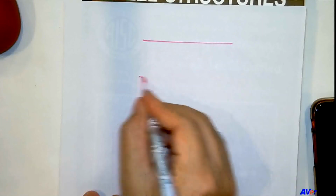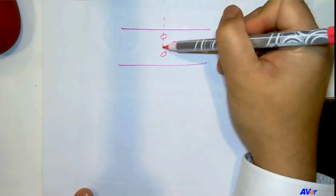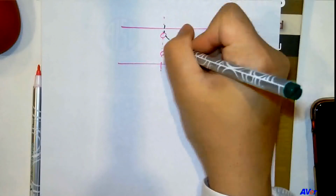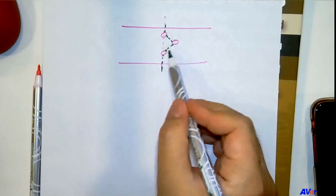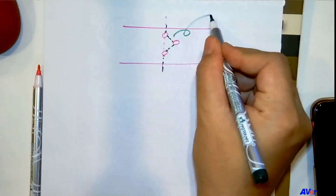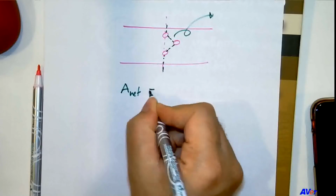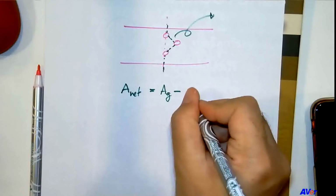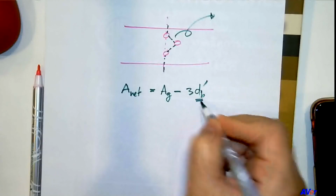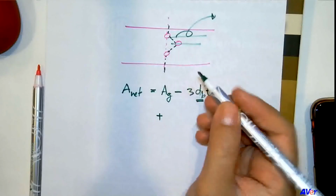So when you have the bolts like this, the failure that may occur may be rupture in this line or rupture in this line. The green line has more bolt holes, so the net area is less than the pink line, right? But in the green line, you will have the help from the staggering effect. So the A net for the green line would be equal to the total area minus the 3 bolt diameter, but I'm going to use a prime here so that you know it's not really a bolt diameter, multiplied by the plate thickness, then plus the staggering effect of these two,